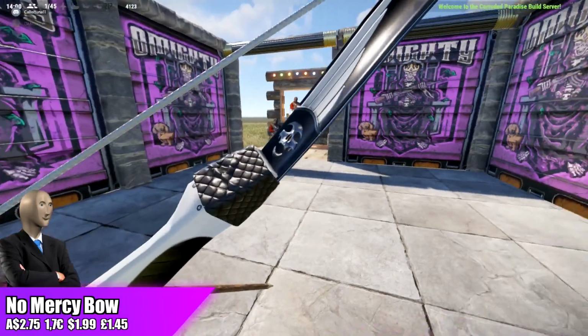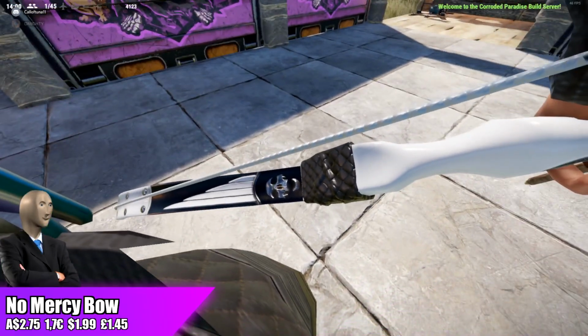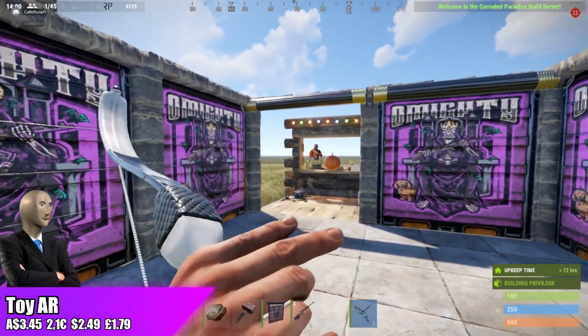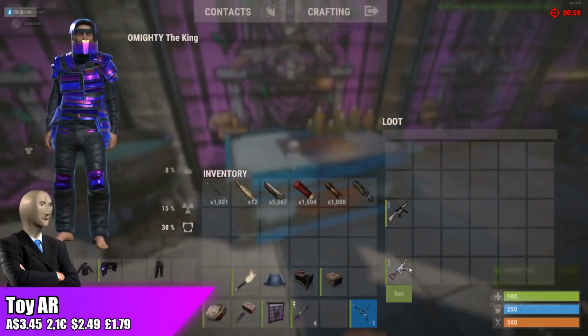You'd be able to get 75 cents off, but I will not recommend investing in it off of the Rust store for this week. Overall, really nice bow skin though, and I'm definitely going to pick one up as a play skin. Alrighty, moving over to the toy AR and AK skin, going for $3.45, which is above the standard